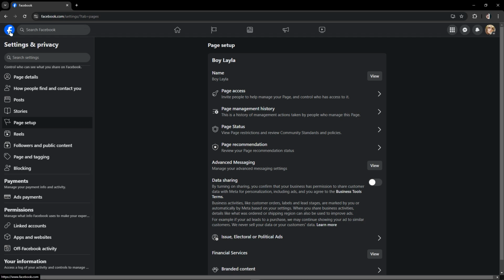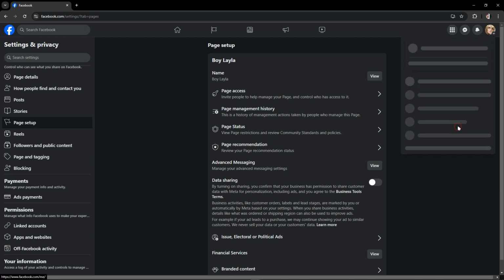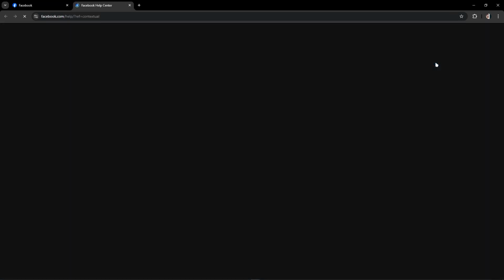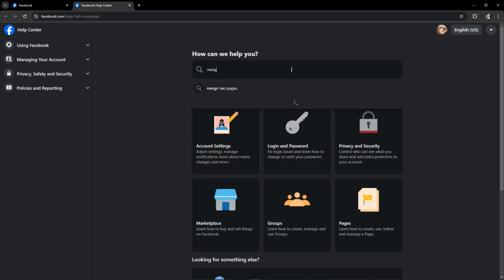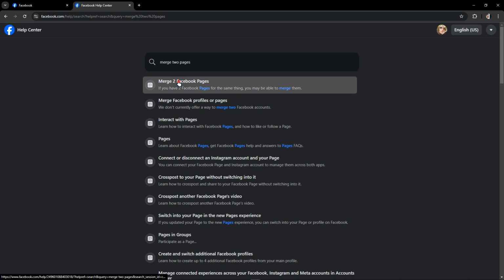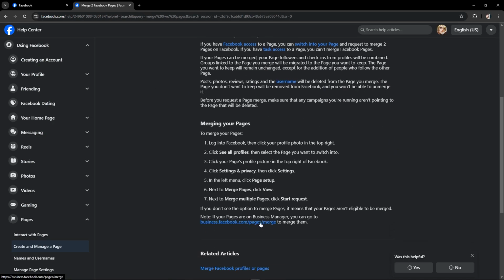So you just have to click your account again and just click help and support and just click help center. Now once you're in here, just search merge two pages. Once you are in here, just click merge two pages, and you just have to, if